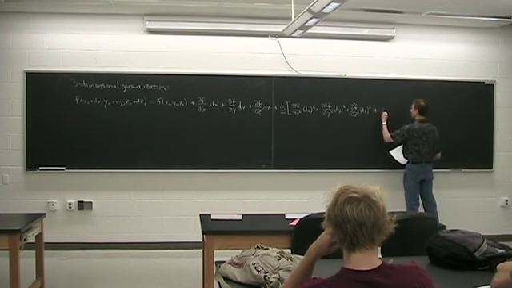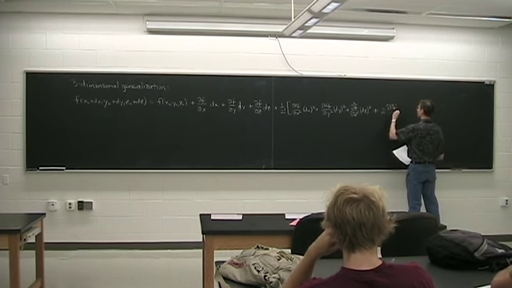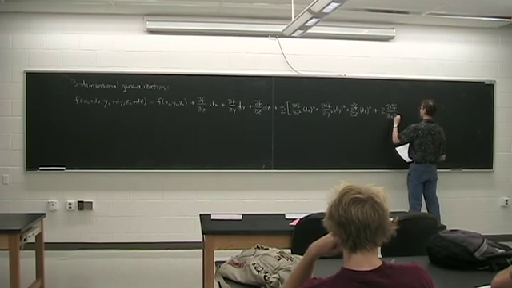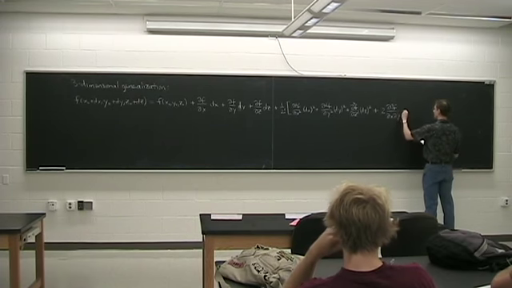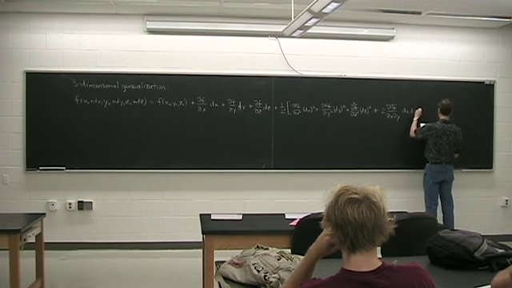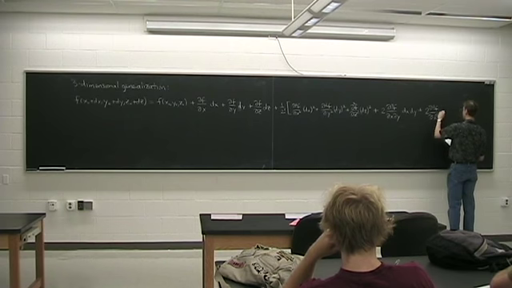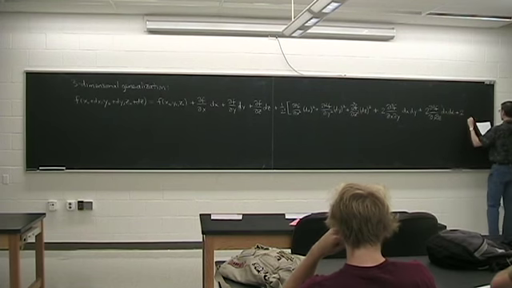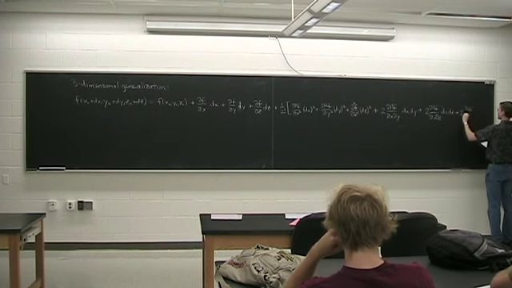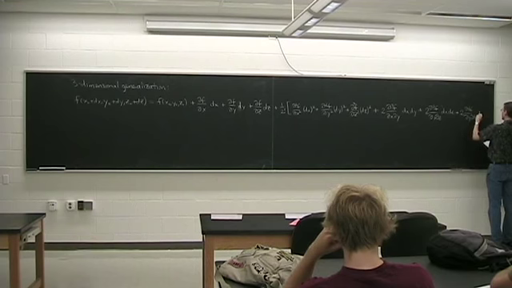So you get plus 2 times second partial with respect to x and y times dx dy, plus 2 times second partial of f with respect to x and z times dx dz, plus 2 times the second partial of f with respect to y and z times dy dz,